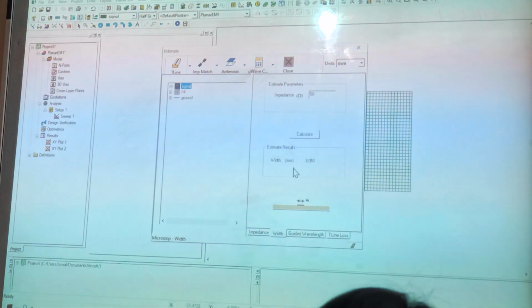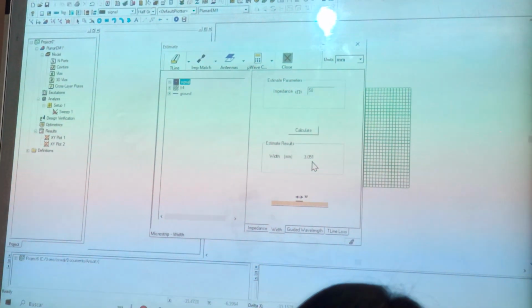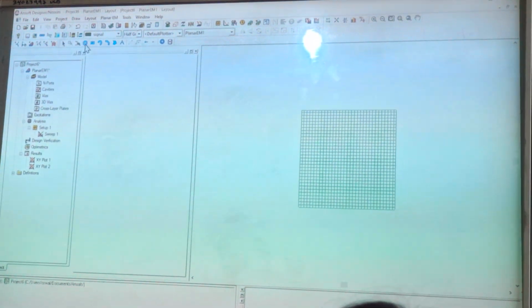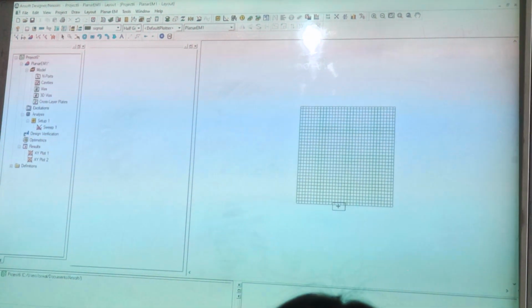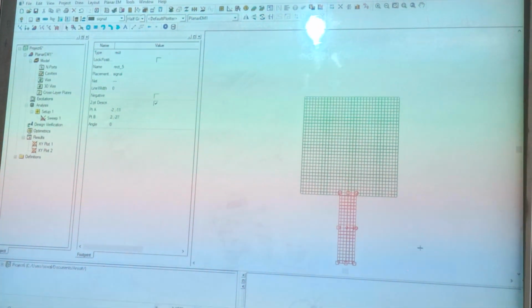In this case, the transmission line size is 3.051 millimeters. With these results, we go and create another rectangle here, because now we need to put this transmission